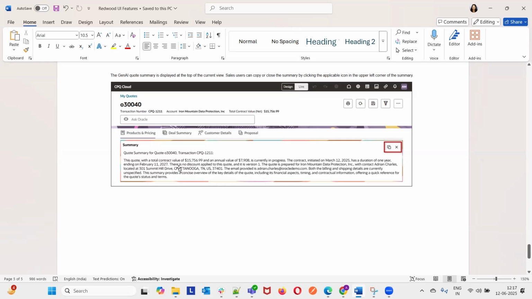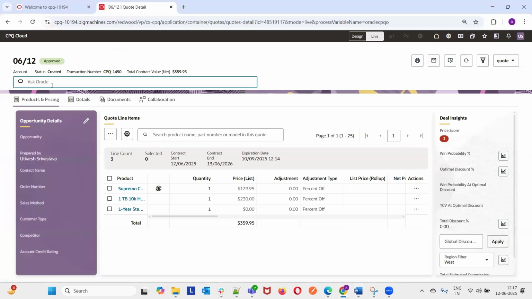So in this way, we can access the Gen AI code summaries as well, and we can perform the approvals, access the code list, search and filter the list, search the attributes, and also invoke the actions very easily.